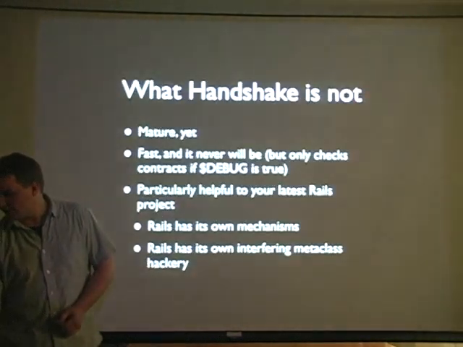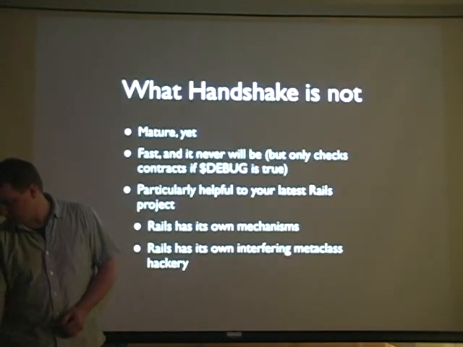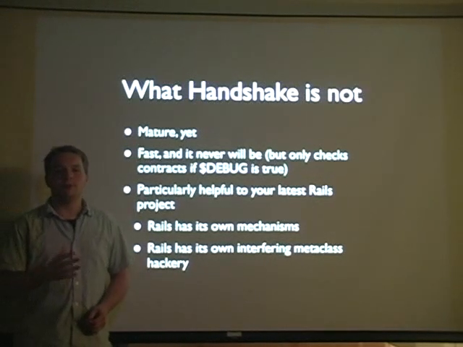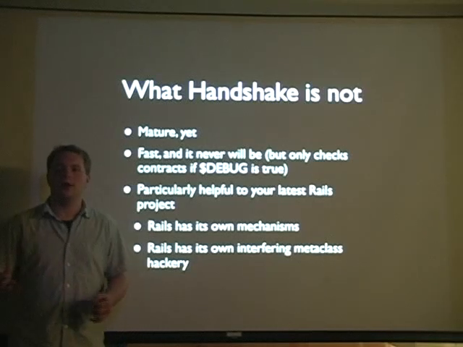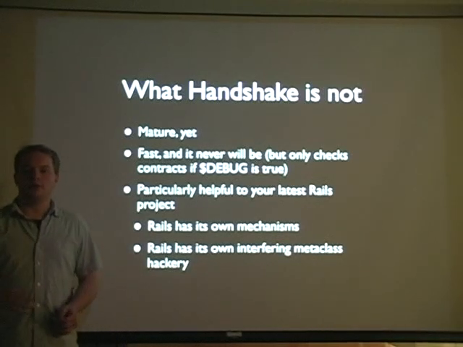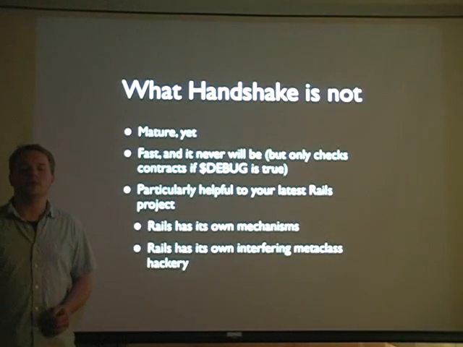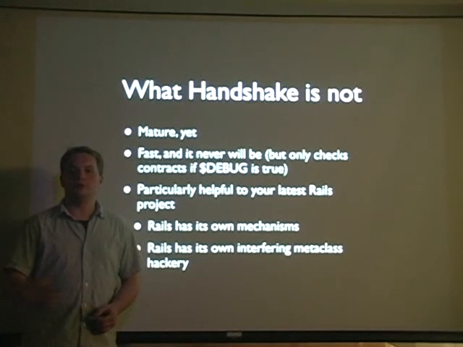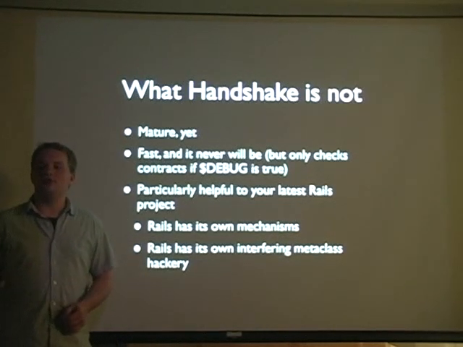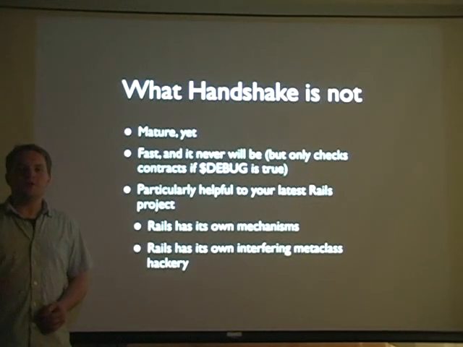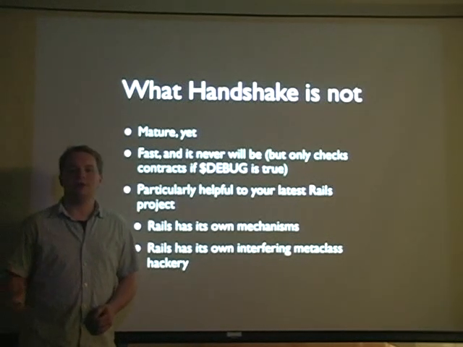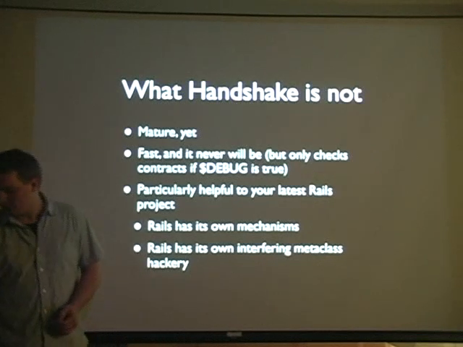Also, the most important thing with Handshake is that all of this stuff is not fast. It slows down your object considerably, and it probably never will be fast. Whenever you're imposing this kind of barrier between the outside world and an object, there's a whole lot that has to go on in terms of checking all of the arguments and so forth. And so Handshake will only run if you run Ruby in debug mode. If you set $DEBUG equal to true, or if you call ruby -d, then it will actually check and enforce your contracts. If you don't, then it'll allow you to define them, but it won't check anything. So you can preserve the integrity of the code when you run it in production mode.